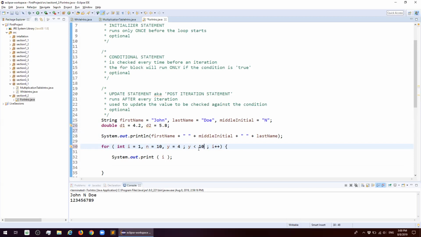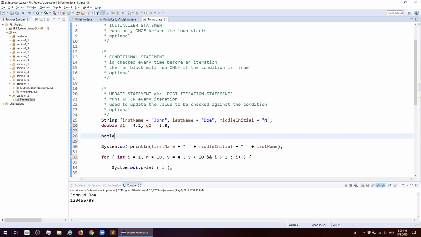However, of course, you can have complex conditions. x is greater than 2. Oh, there's no x, right? i is greater than 2, right? You can have these complex conditions. You can have flag methods here. boolean isTrue is equal to 3 greater than 5. Actually, this is going to return false. So if I add this here, I believe this is going to give us